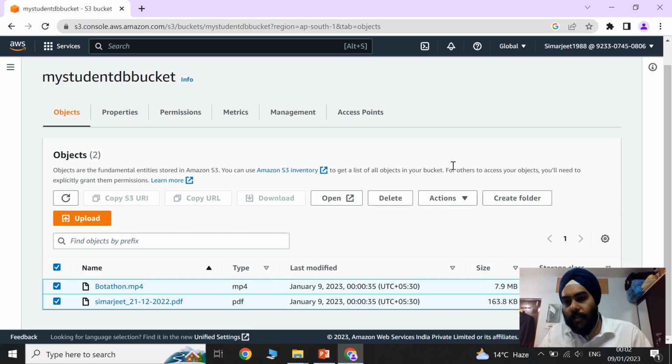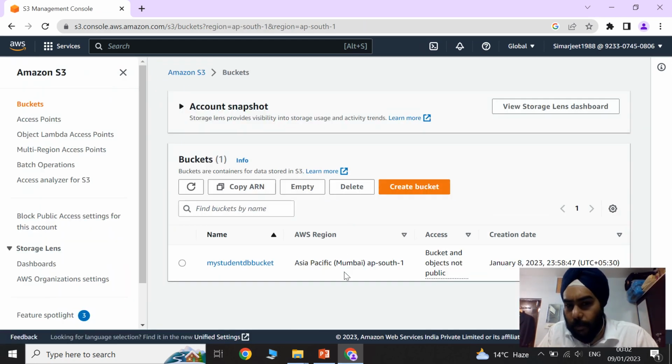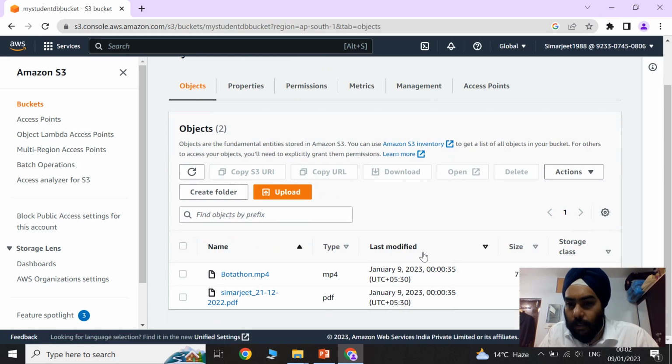So these were the basic operations which we performed. We just created my student DB bucket, and we uploaded two different, diverse files into that. So now moving on,